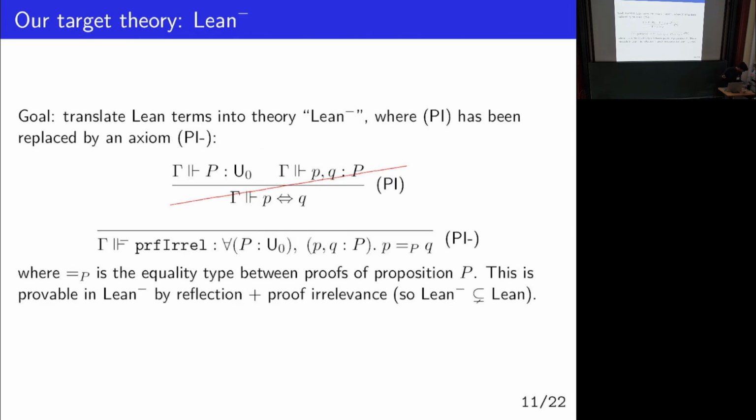You said Lean-minus, what exactly is Lean-minus compared to Lean, and why is it included? Sorry. Lean-minus is the same as Lean, except we've removed proof relevance. So Lean had a proof relevance rule that we've removed. Okay, so you replaced proof relevance by the axiom. Well, you could also prove relevance, but it is a little bit weaker. That's what you claim, yes? Yeah, it's weaker, because it's only an axiom, it's not an actual rule of the theory itself. Okay. Thanks.